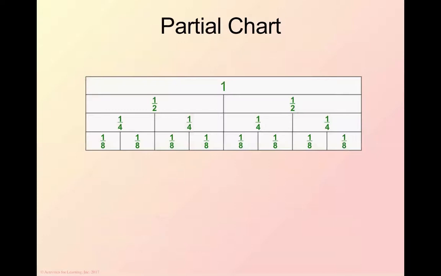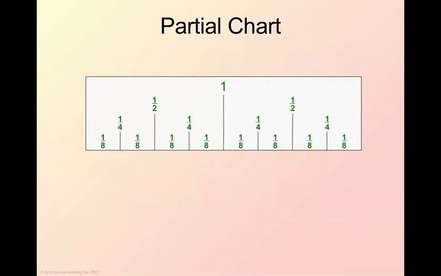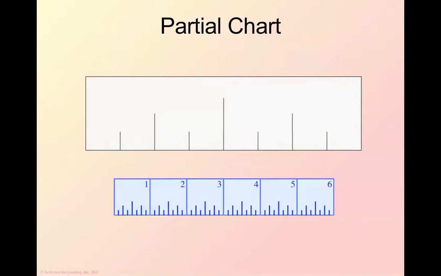All right, I'm going to do something with the chart, because remember I said you keep one intact and one you cut apart. So I'm going to take my pieces, and I've got my 1s, halves, fourths, and eighths. Now I'm going to do something here on the computer screen that you can't do in real life, but I got to show you because this is just awesome. So I'm going to erase my horizontal lines. I'm going to get rid of my little green numbers. What does that look like? It's a ruler. I have had people be absolutely flabbergasted when they realize that fractions and rulers are related.